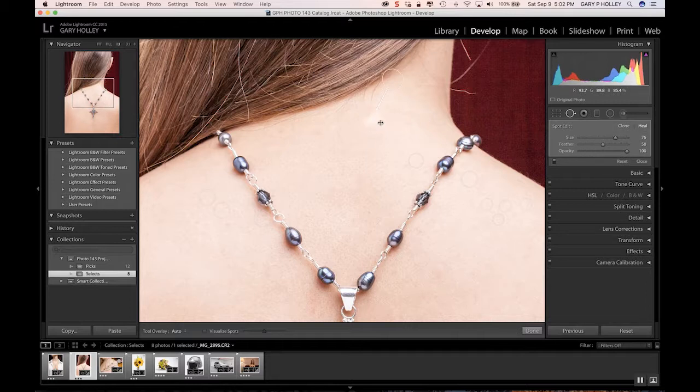And really what I'm doing at this point is increasing the size of the brush, which is super handy because I can go back in at any point. Here's what I'm covering up. One second while it redraws, and I can bring it over here. And if it brought it up in the hair, which was the wrong spot for it, I can move this back down into an area that looks nice and clean. So all of these adjustments that we made right now are using the spot removal tool with the healing brush